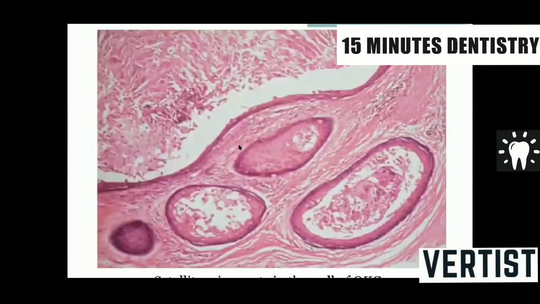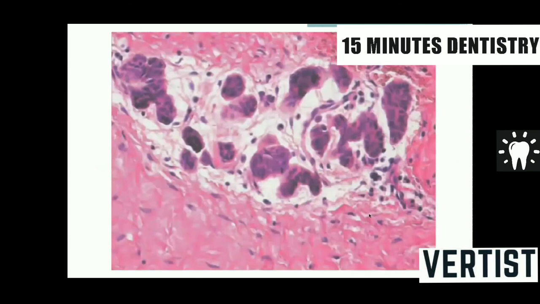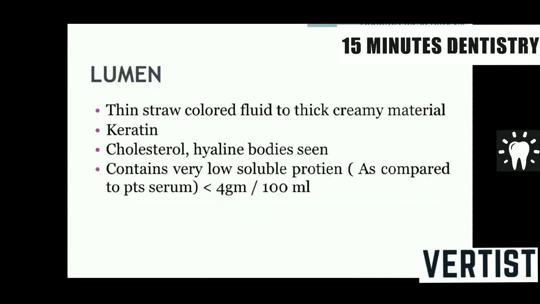Now in the connective tissue we can see satellite cysts. These are daughter cysts or microcysts or small cysts found in the connective tissue. So this is another reason why the cyst could be recurrent. While removing the cyst, if some of these microcysts, daughter cysts or satellite cysts remain in the jawbone, they grow and form new cysts. These are epithelial cell rests found in the wall of the odontogenic keratocyst.